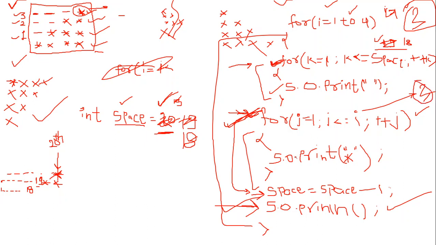So 3 times it will print 3 stars. So cursor was there after 18 spaces and then it will print 1 star and then 2 star and then 3 star. So again after executing 3 times we will come out of this for loop